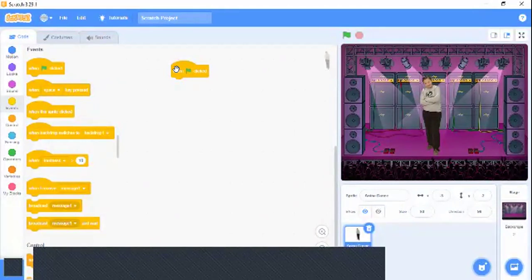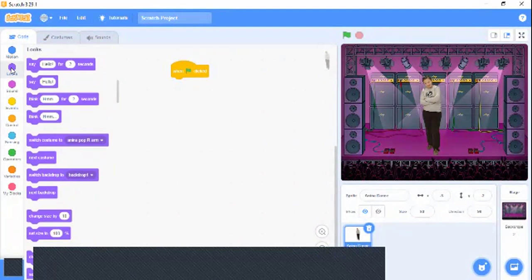So the next thing we'll tell it to do is to start making moves. How will it make moves? You need to switch the costume. This is just like a costume. You need to move it. So where we'll find that block is under looks. So we switch costume to